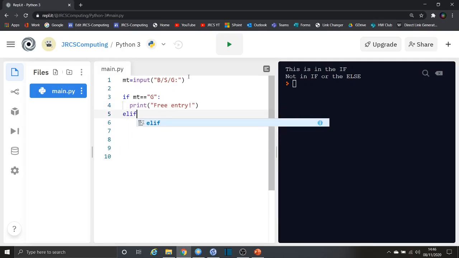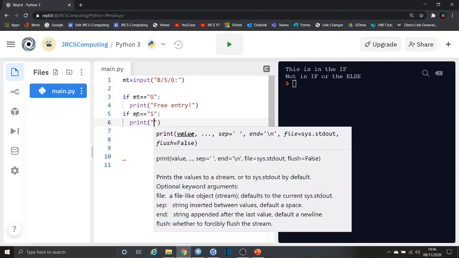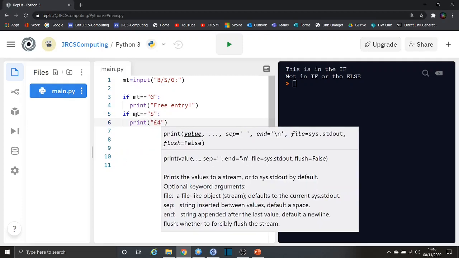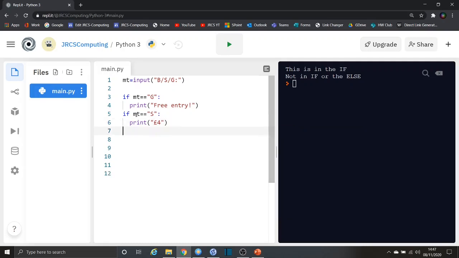And then elif, because there's no reason to just do an if. It's actually better code. You might think, well, you could just do if MT equals silver, and that would work. Print, I'll say £4 for silver. But then I'd have to do if MT equals bronze. But I am kind of pointlessly checking if it's silver, because if it's gold, I know it's not silver. So really good programming would be trying to limit these pointless checks. So you would do elif MT equals silver, print 4, else